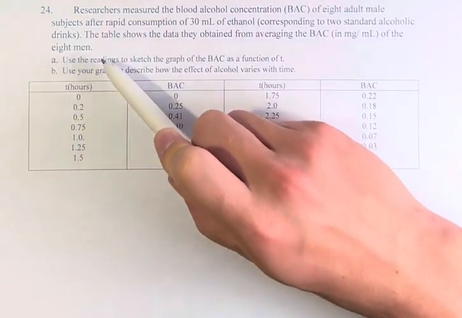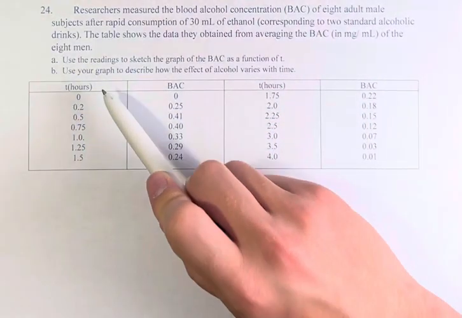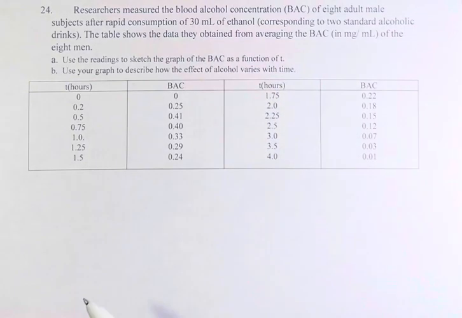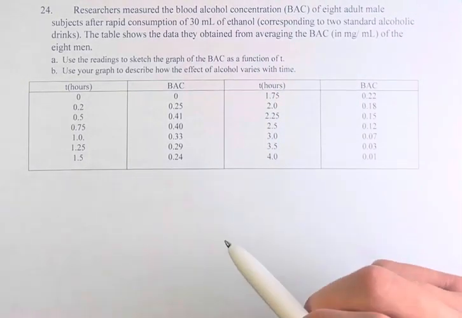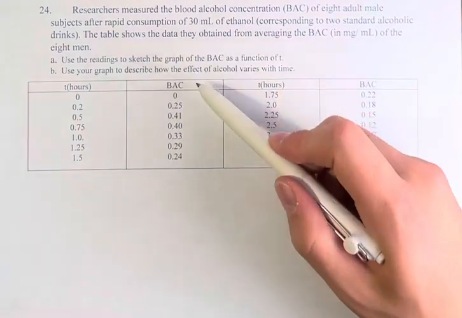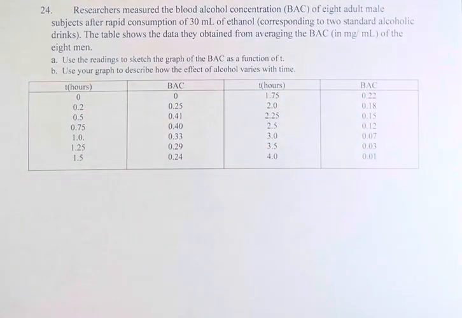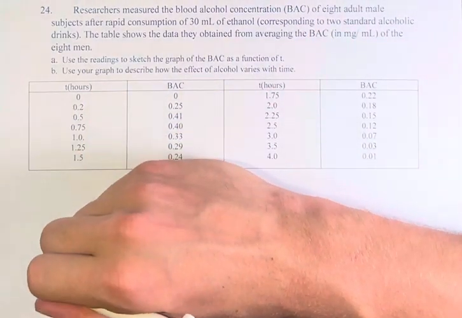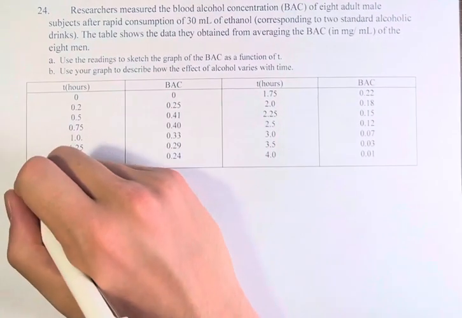In part A, we're asked to use these readings, which we have right here, to sketch the graph of the BAC as a function of time. So let's just build our axes. On the y-axis, we're going to have BAC, the blood alcohol concentration. And if we look briefly at our values, it's going from 0 to 0.4. So here, we're going to have BAC